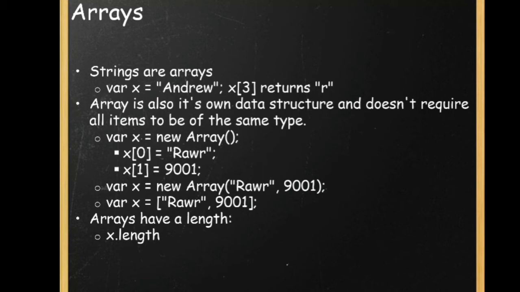Then another way is you can directly store the values when you are creating the object, or you can directly create the array without using any new or Array function. So these are the three ways using which you can initialize the values for an array. Then we have functions.